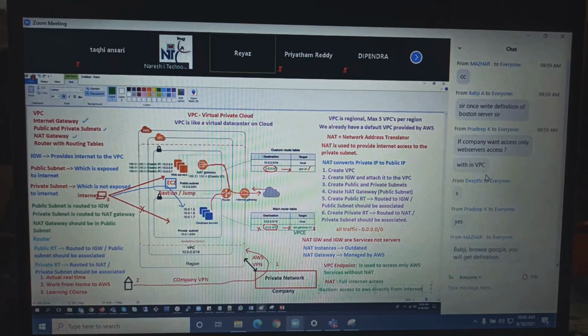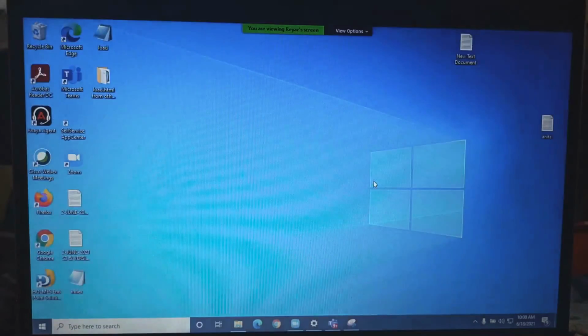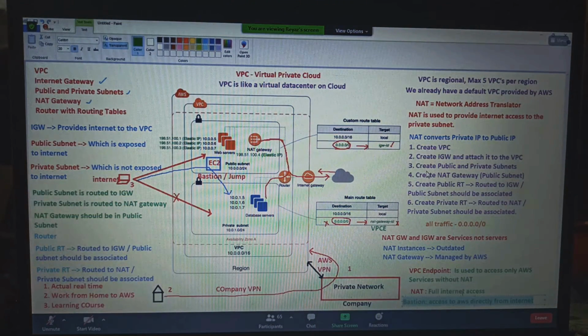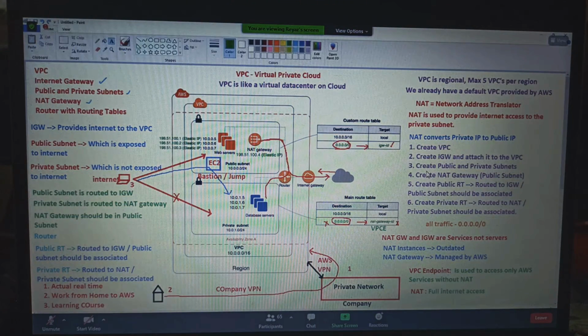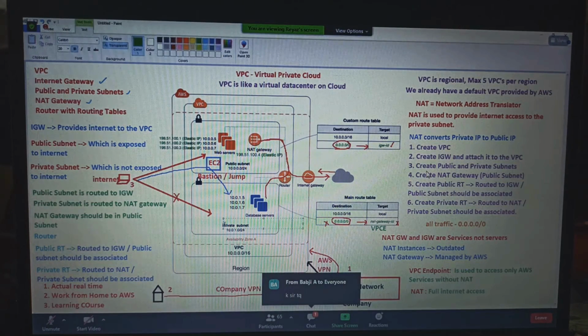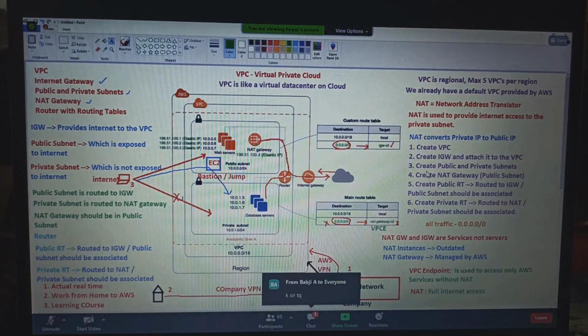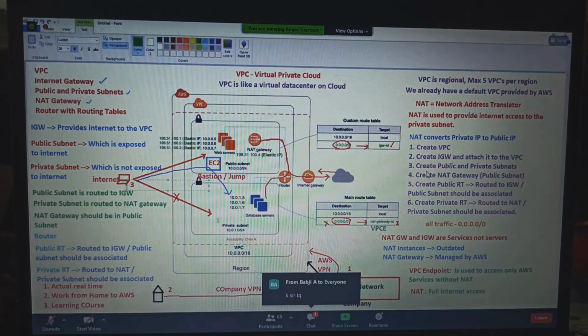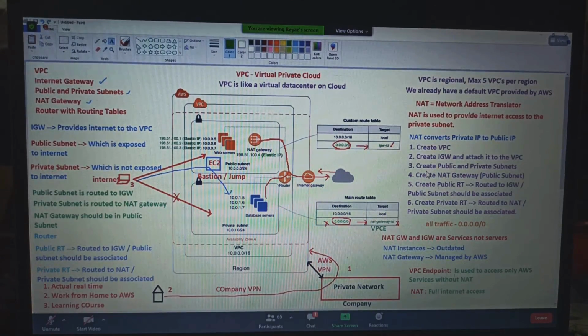Bastion is used to connect to the private subnet from internet. Bastion is used to connect from internet to the private subnet.